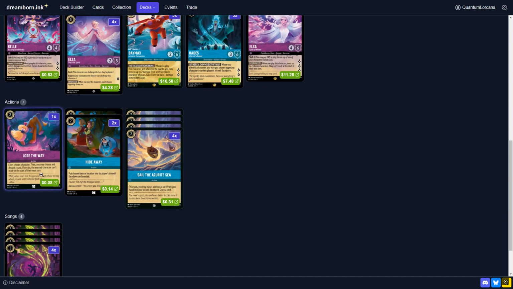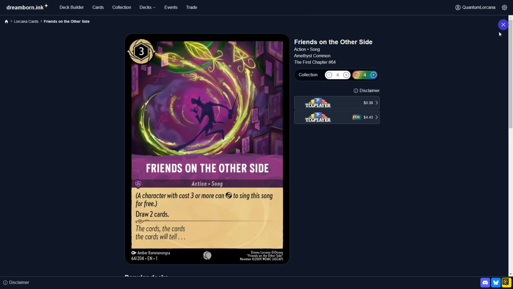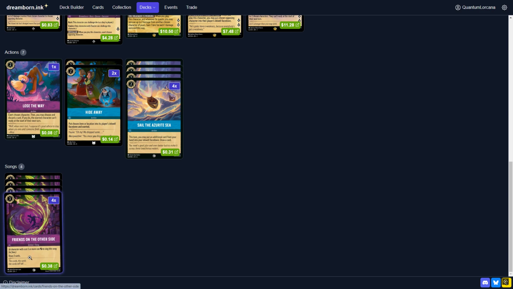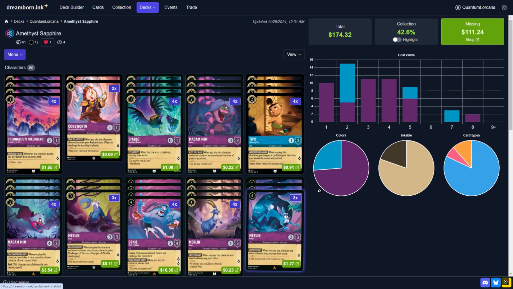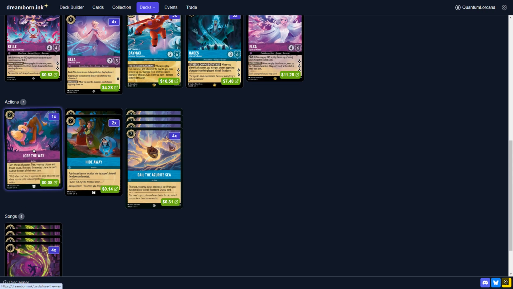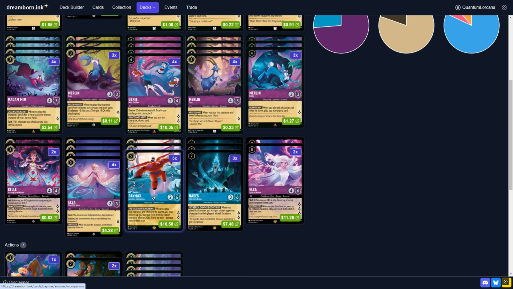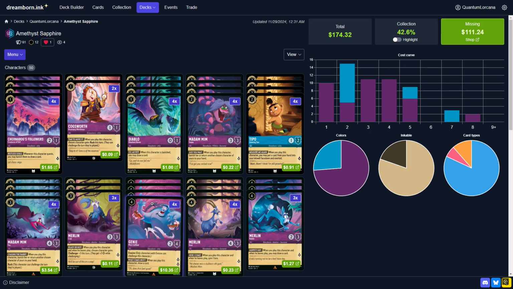But anyways, moving on. We've already covered our actions here, and then the songs for Friends on the other side. Pretty standard, but a very tempo-oriented list, and it again puts characters on board, quests. You gain back tempo when you're on the draw by using things like Lose the Way, like the Elsa, like the Bell to transition damage, move things around, force exertions, take control of the board, and then hopefully lock things up by keeping your stuff healthy, keeping that board advantage with Baymax, questing out,